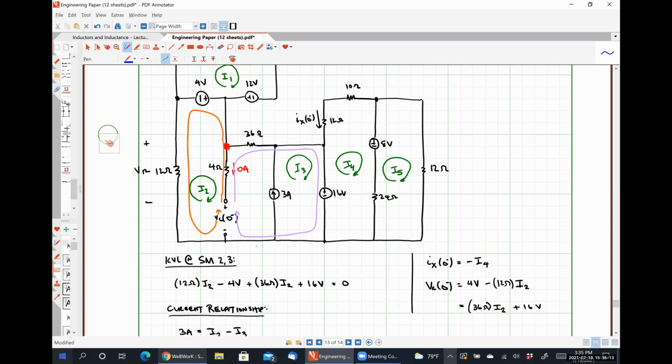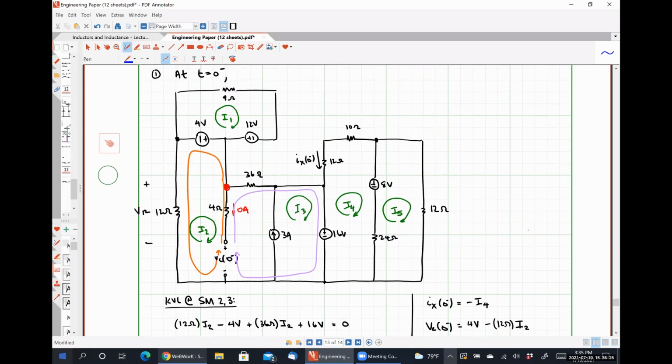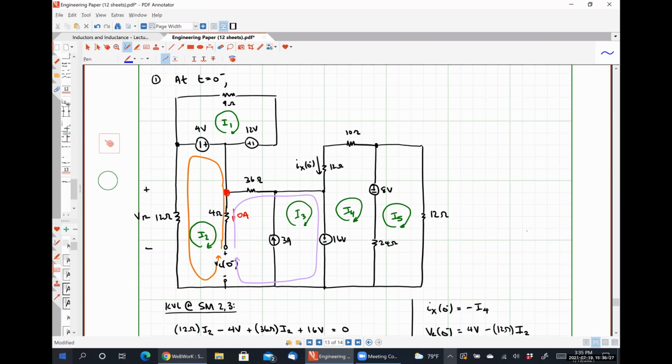So that's just two simple Kirchhoff's voltage law loops that we could write to determine VC, based on our known mesh currents. All right, so the next thing we would do is analyze the circuit at t equals 0 plus,